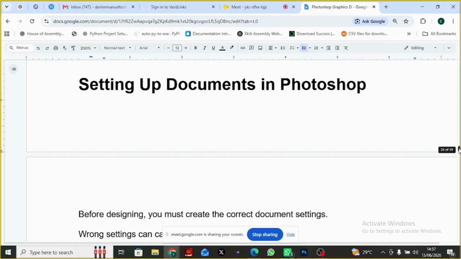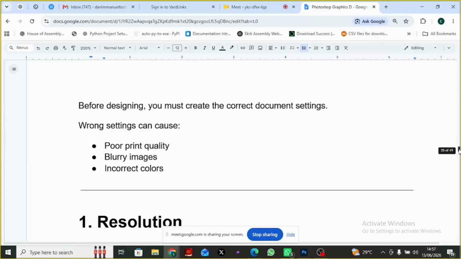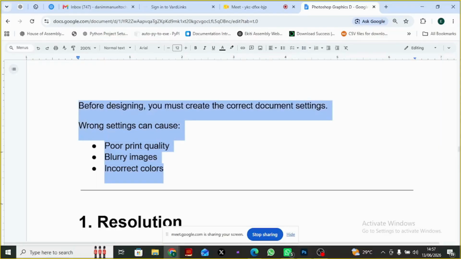Okay. Then before designing, you must create the correct document setting. And if you can remember, we have discussed something like this before. Before you design, you have to first of all create the correct document setting. Okay, on your